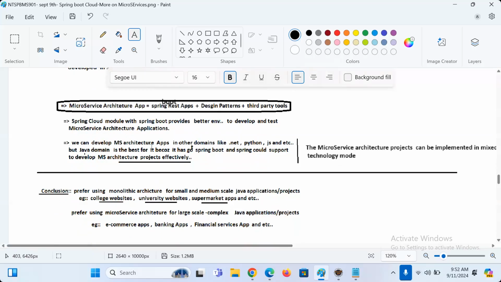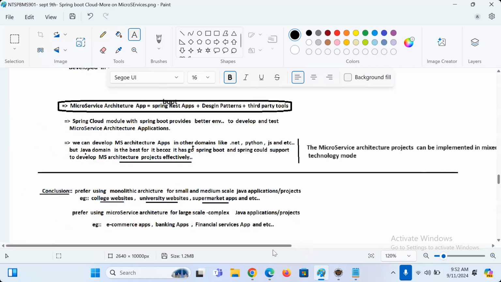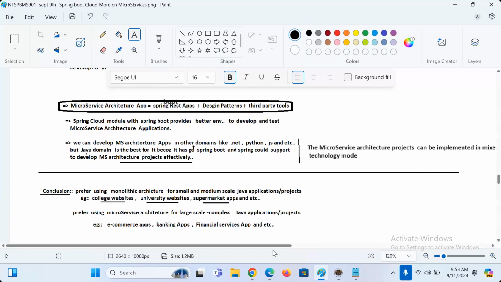We can develop microservice architecture applications in other domains like .NET, Python, JS, etc. But Java domain is best because it has got Spring Boot and Spring Cloud support to develop microservice architecture projects effectively. Microservice architecture can be implemented in mixed technology mode. A few microservices in Java, a few in Python, a few in .NET. Later integration can be done.